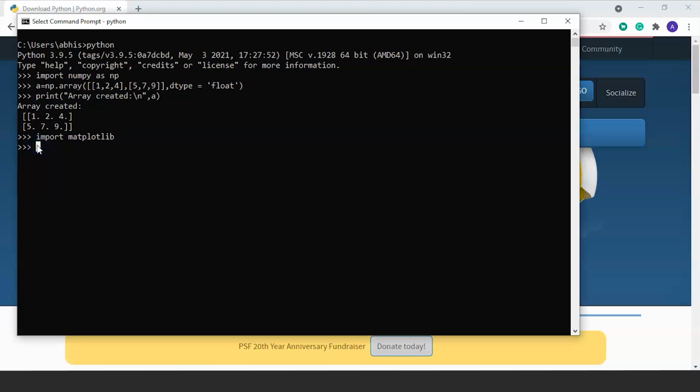So for the rest also we can write the same commands, import pandas and press enter. We do not get any error, so the library has been installed successfully and we are left with SciPy. So we'll write import space SciPy and press enter. So here also we didn't get any error, so the library has also been installed successfully.